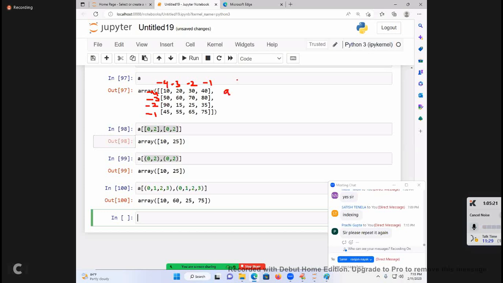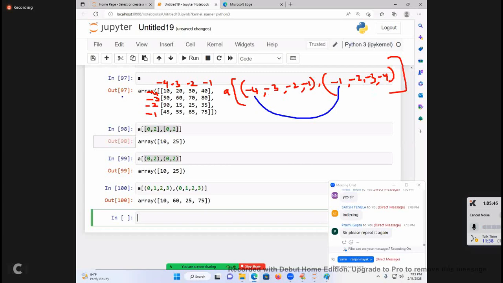Start now. A of minus 4, minus 3, minus 2, minus 1, comma, minus 1, minus 2, minus 3, minus 4. How it is going to take? Minus 4 and minus 1. Minus 4th row, minus 1 intersection value.